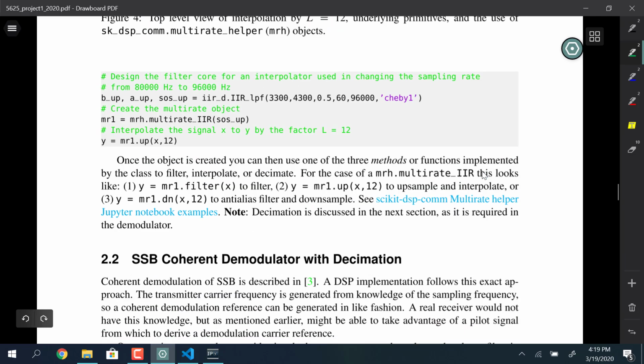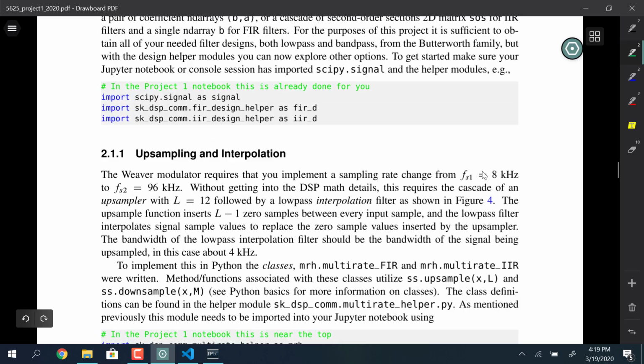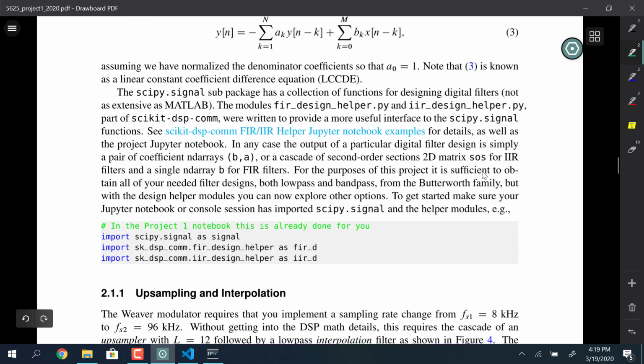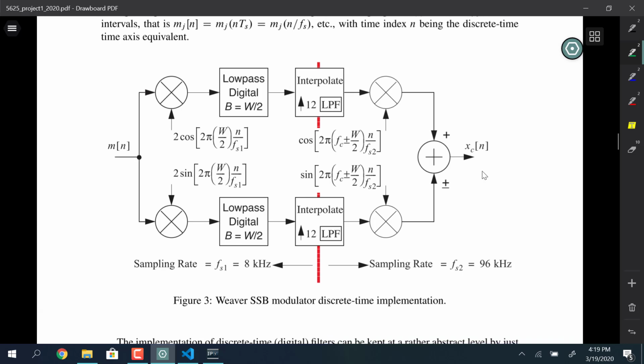So what I wanted to talk a little bit about, though, is something that's needed in the area of signal processing to do this project. If I go up into here, there's 3 areas that need special attention. You need to design a low-pass filter to go into this interpolator,